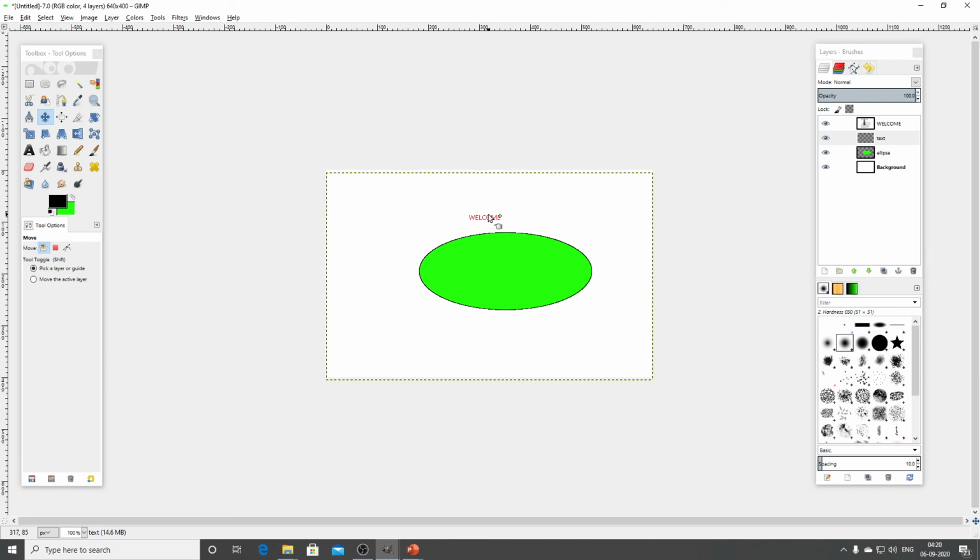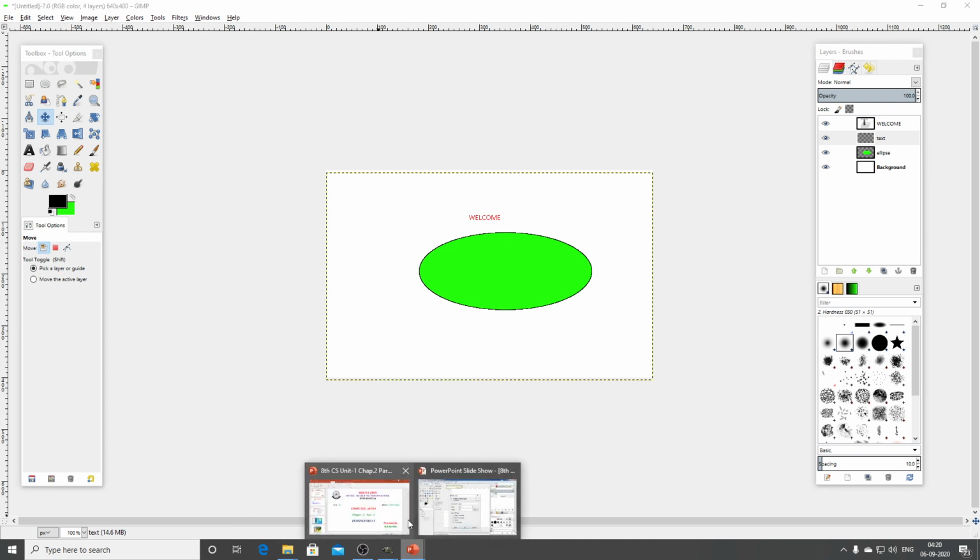So this is the purpose of using the move tool and flip tool. Flip tool is used to change the position, and move tool is used to move the particular layer without disturbing the other layers.